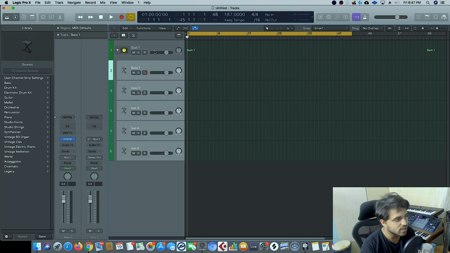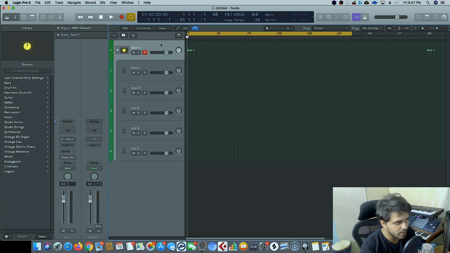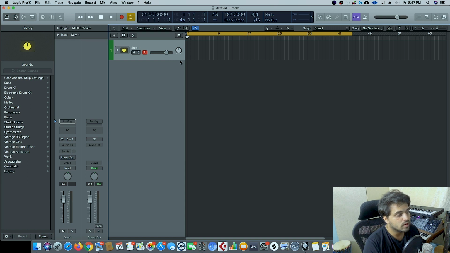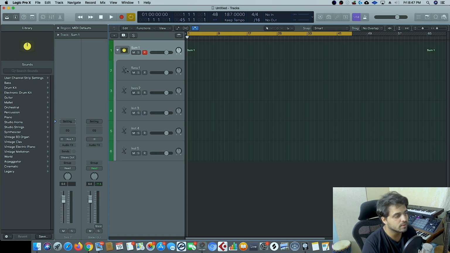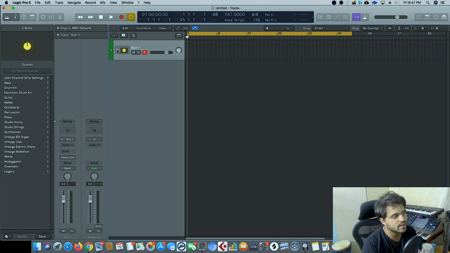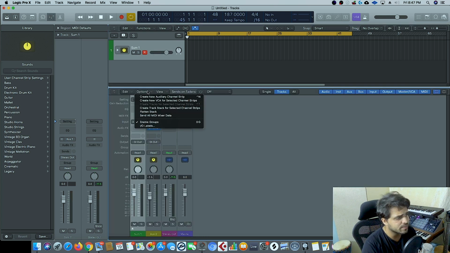So all these tracks are going into this one, and the main parent track or the stack track has input options, insert options, sends options. Basically you can process the entire group and send it out. Now while exporting, this becomes very easy, because if let's say these are like 6 bass tracks, all I have to do is select this and hit export, and it'll just export all of my 6 bass tracks as one track.